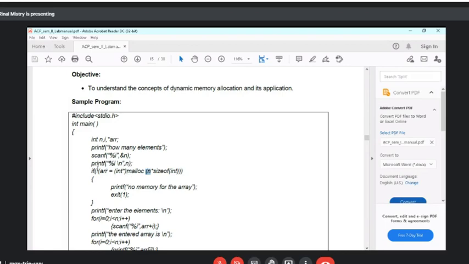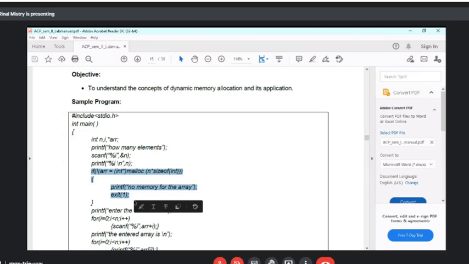So if this is null, right? The not operator is used over here. That means if this is 0, no memory has been allocated. And if this is not 0, then memory has been successfully allocated by the function malloc, right? It simply means this. So this is the if statement which can check whether memory has been successfully allocated by malloc function or not.